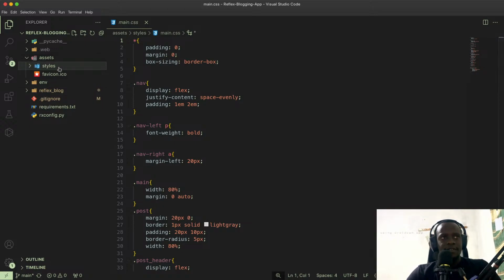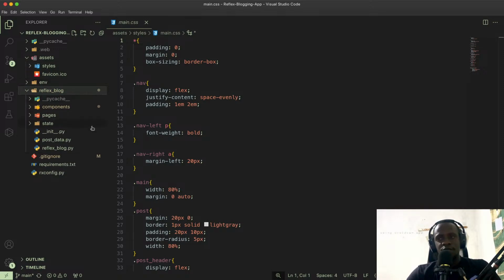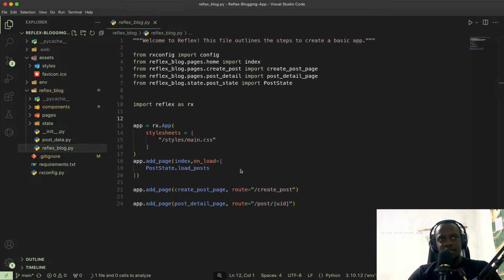Another thing that we have is the Reflex block. This is the main project folder, and you can pretty much set it up any way you may want. This is basically what you as a Python programmer are going to set up so that you can be able to build with Reflex. But inside here, we have the most important file, and that file is going to have a similar name to what your project is. In my case, it's going to be reflexblog.py, but keep in mind that this is the same as reflexblog. If I go inside here, there are pretty much all imports,